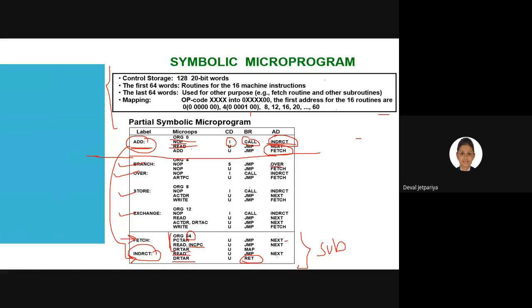So if it is over, then you need to jump over there. If it is fetch, then again you need to jump over there and so on. So as per the requirement, you can specify some set of lines.